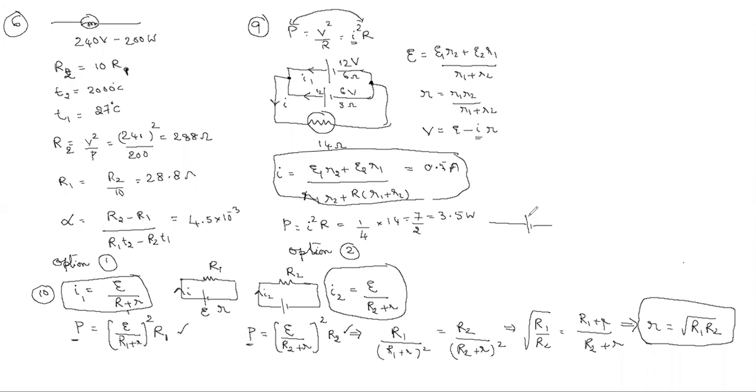Suppose these two cells are connected here without the resistor, and V is equal to, that day we took E net. Am I right? Between these two ends, what is the potential difference? That potential difference is equal to E net, means (E1 R2 + E2 R1) by (R1 + R2). That is without resistor. But today we are connecting here one more resistor. Okay, then the thing will be changed.